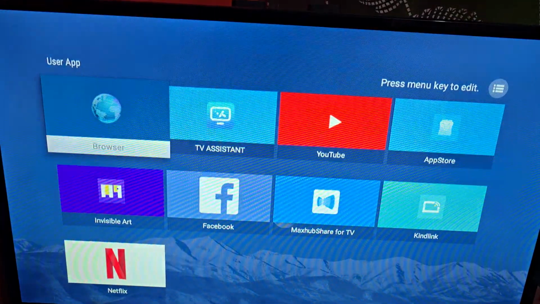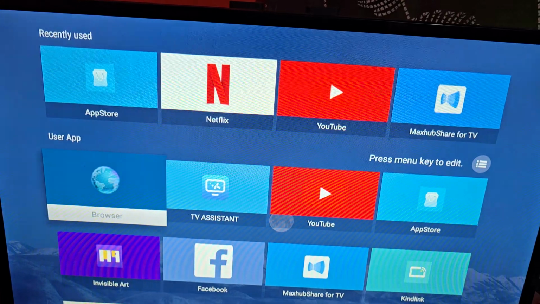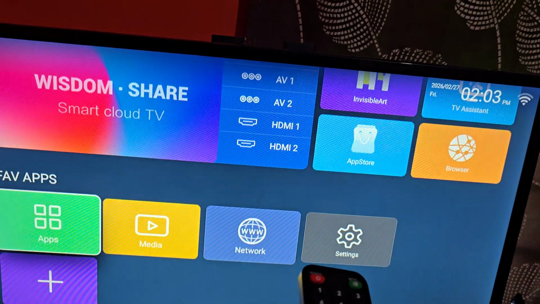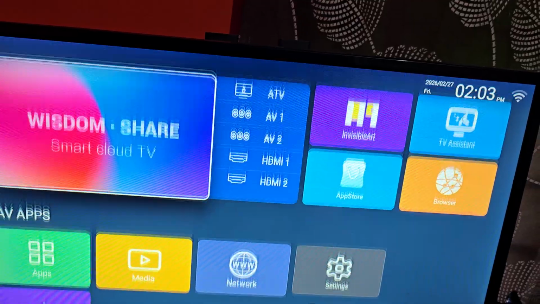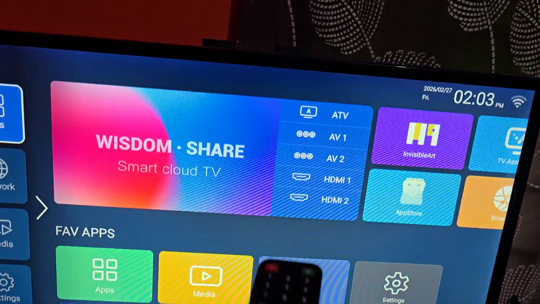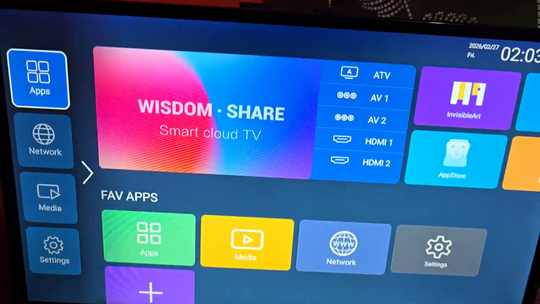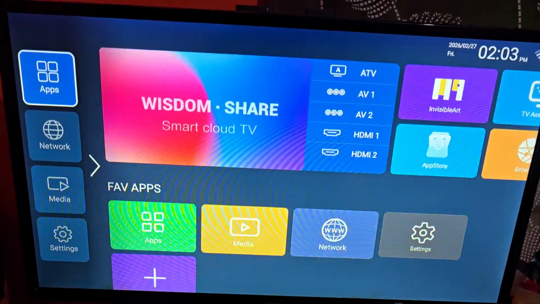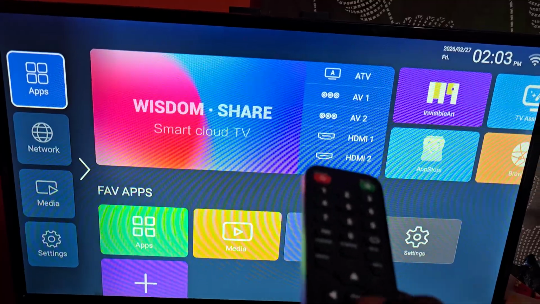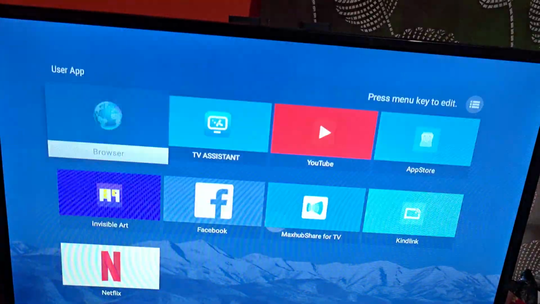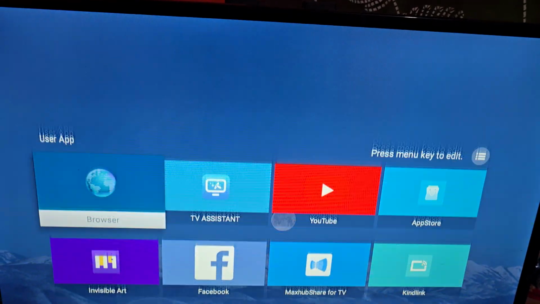Alright, so you can select apps as you're seeing here. Let me go back. Okay, all right, so you can go all the way to the left and you'll see apps again right there in the corner. So move extreme left and you'll have apps once more. Either one will work. So let's go to apps and I'm going to show you how to install a new app